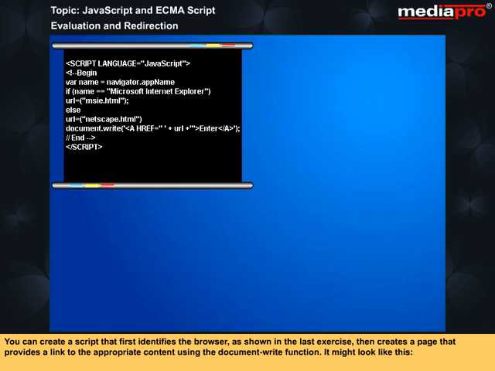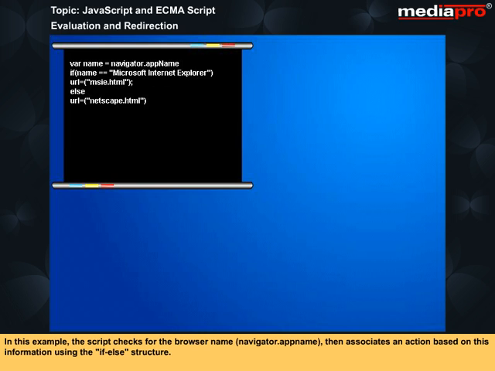You can create a script that first identifies the browser as shown in the last exercise, then creates a page that provides a link to the appropriate content using the document.write function. It might look like this. In this example, the script checks for the browser name, navigator.appName, then associates an action based on this information using the if-else